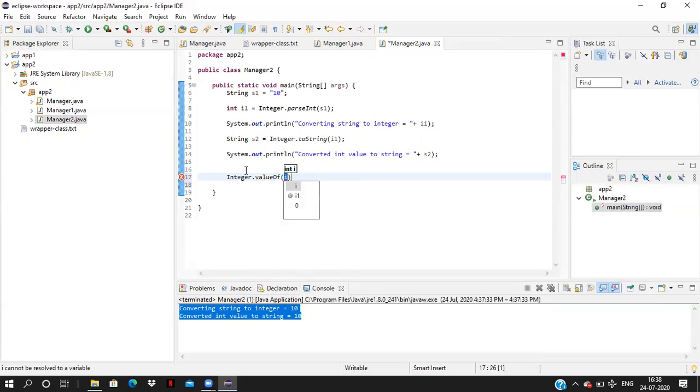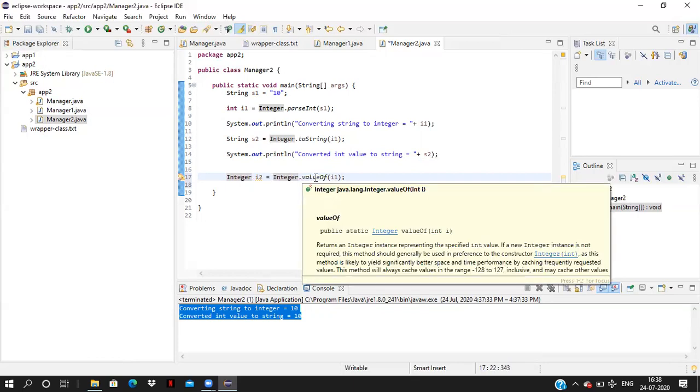If you provide the value as a primitive type i1, I can assign this value to the Integer wrapper class. Integer i2 equal to Integer dot valueOf of primitive type. The valueOf method is also a static method, which takes an integer primitive type as argument and stores that value into the wrapper class reference.